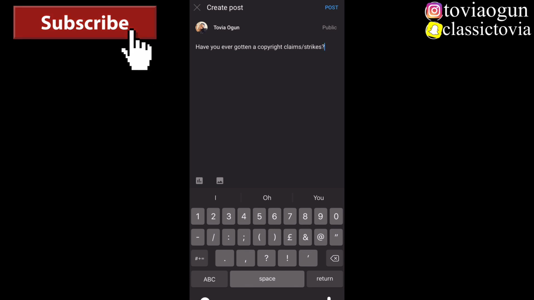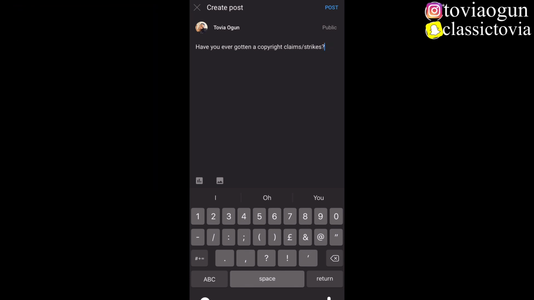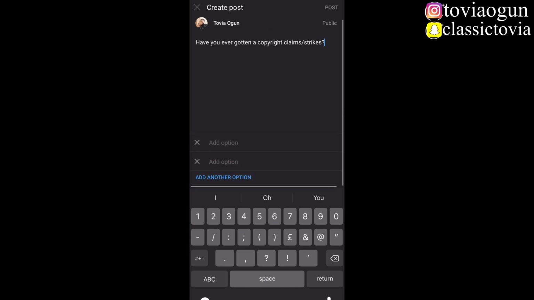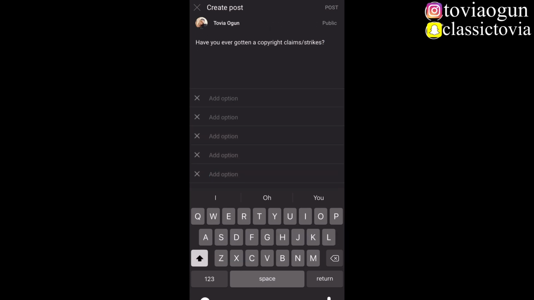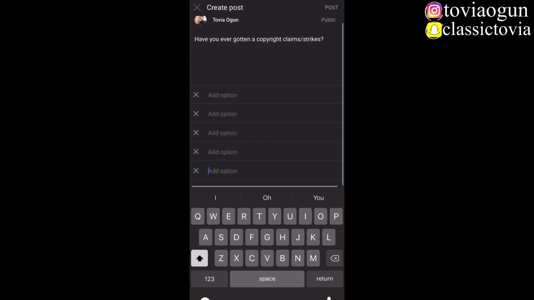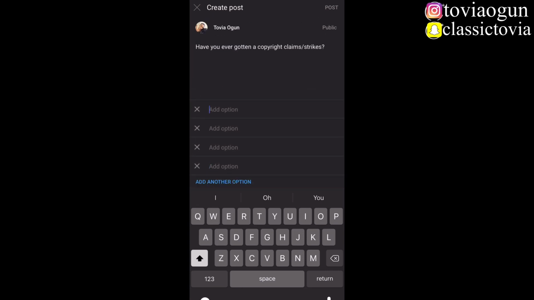So how do you now put those question options? You want to click on this first icon, like an analytics icon. Click on that. Now this is where you get to add the options. You can add up to like 5 options. I don't think you can add more than that. So let me just take them off because I don't think I need that much. Now you want to write your answers.